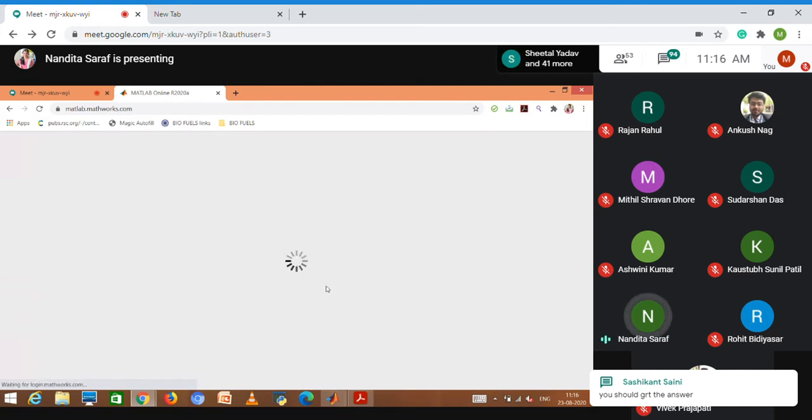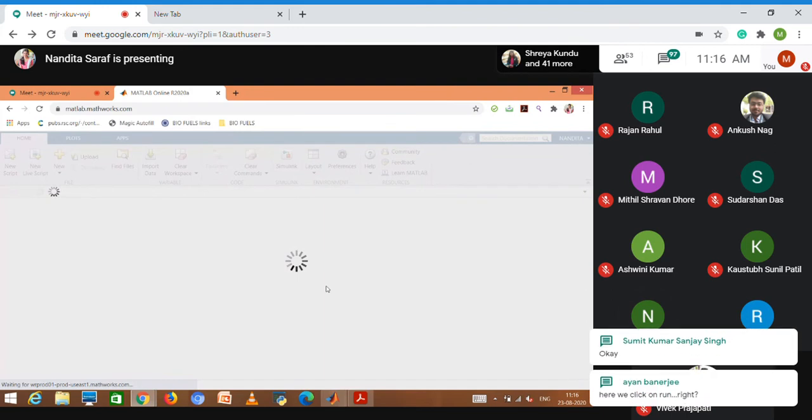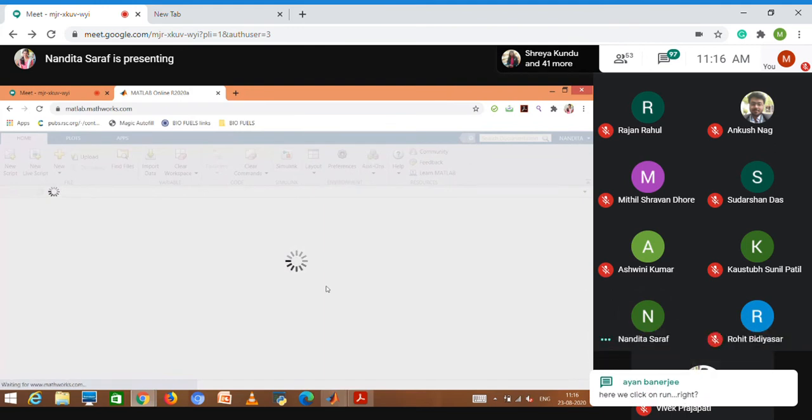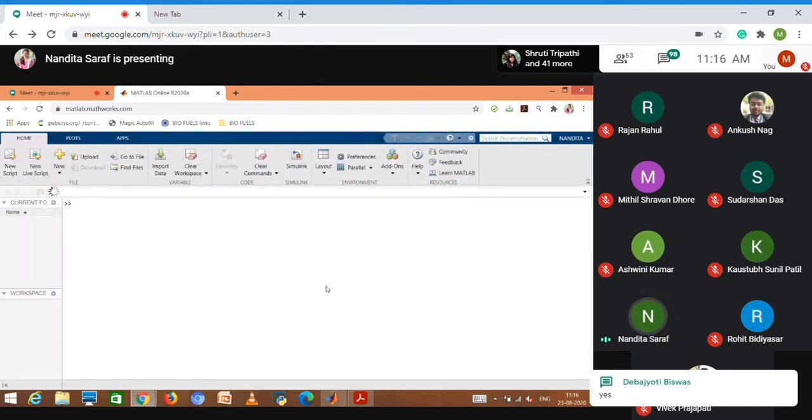I have not practiced it in MATLAB online, so I don't have an idea, but obviously if we have MATLAB online, we can create a function file in there also. Oh, obviously, haha.